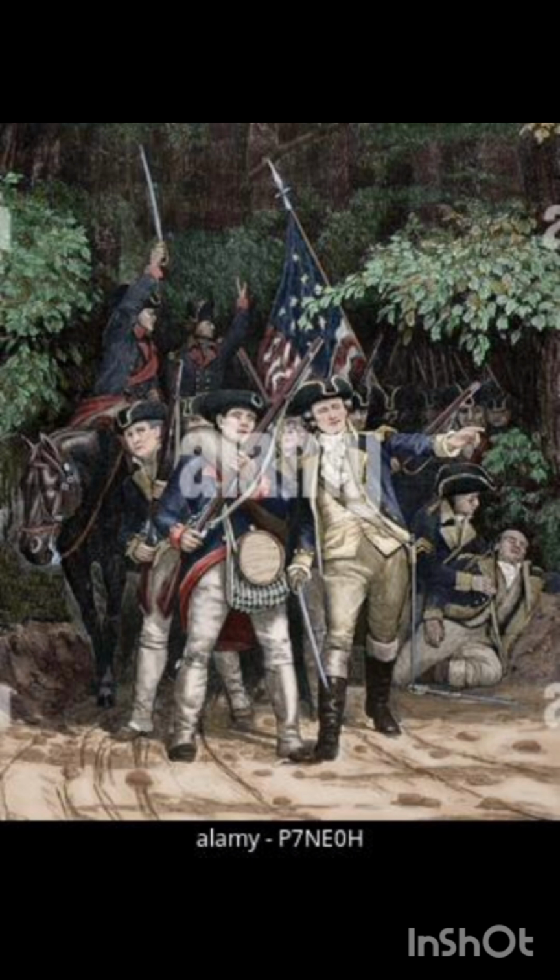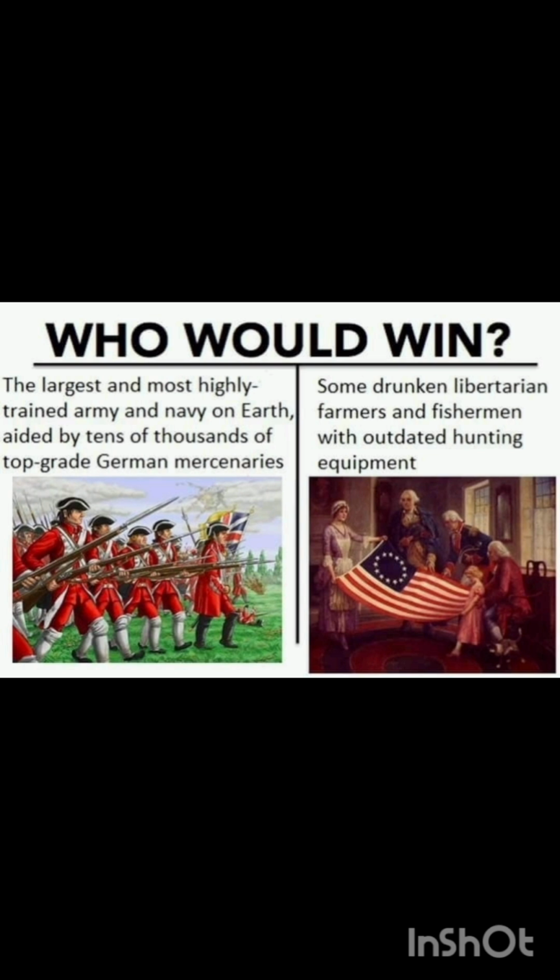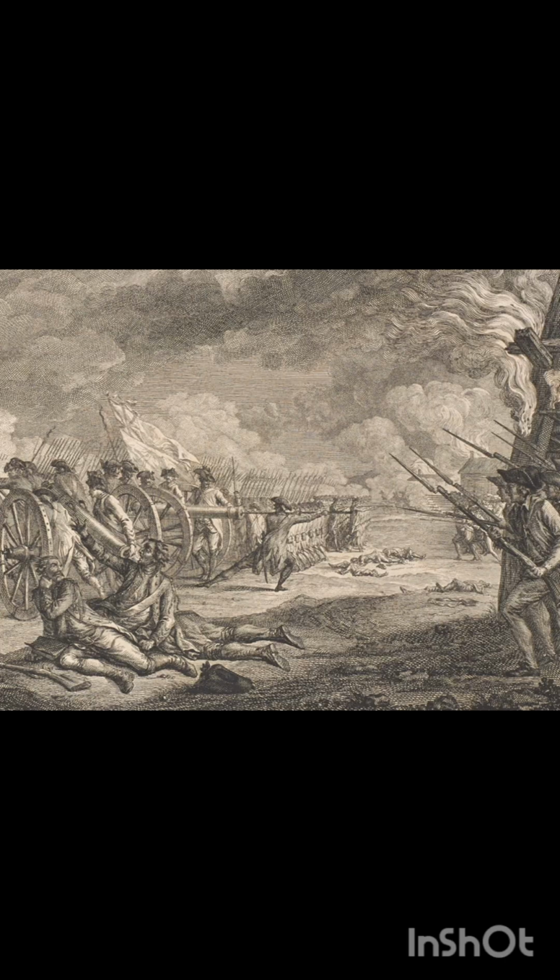In conclusion, the American Revolution was a watershed moment in history. Born out of colonial grievances against British rule, fueled by Enlightenment ideals, and achieved through a hard-fought war, it resulted in the creation of a new nation founded on the principles of liberty, self-governance, and individual rights. The revolution's outcomes continue to shape the United States and have had a lasting impact on the course of global history.